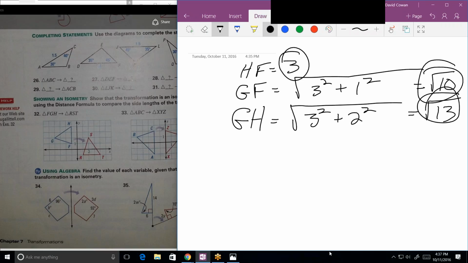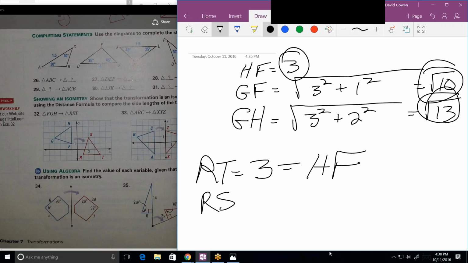Well, can we find those same 3 distances with the red figure that it's mapped onto? Let's take the one, RT. RT is equal to what? RT is equal to 3, which is the same as HF. Now let's take RS. RS is equal